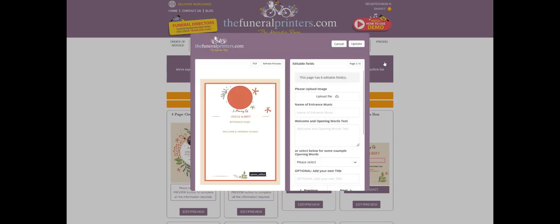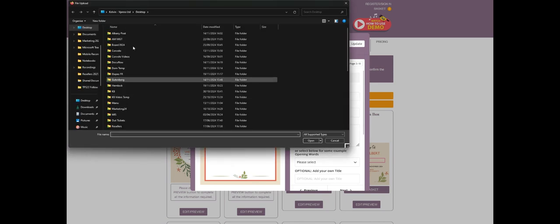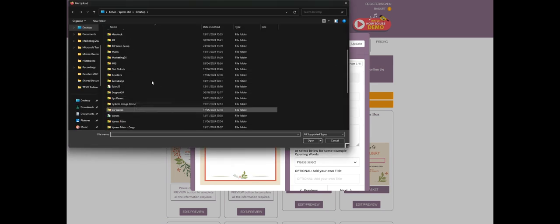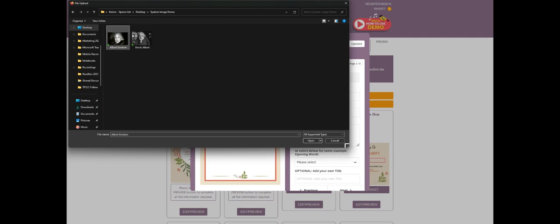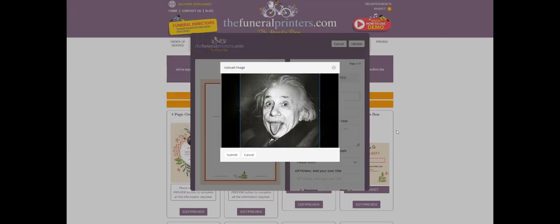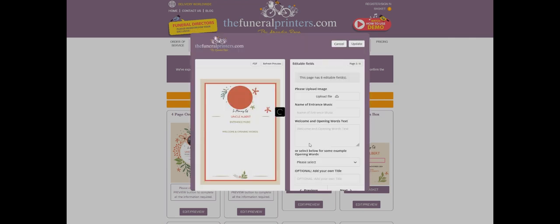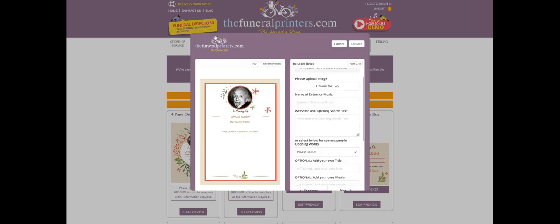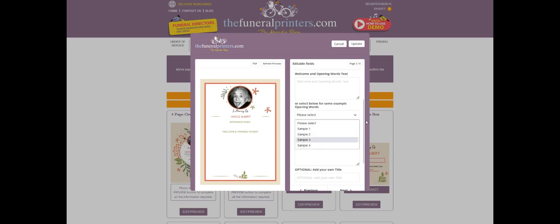So if I just click on this option here, back into here, system image demo, pick another image, open that image up. Yeah, let's just resize that a little bit. Let's bring that across. Let's get a good image. Select it. We're bringing that into the actual document, like so. We can change things like sample text. We can have that so it's overwritable should we need to. And if we scroll to the next page,